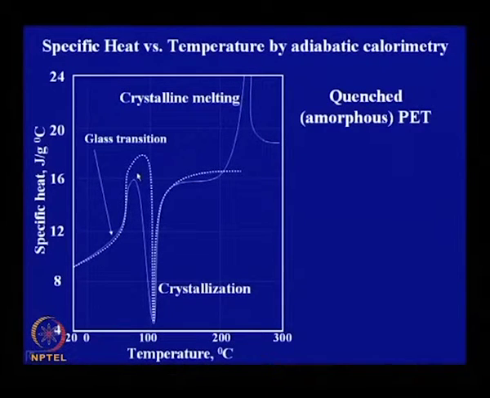Then gradually it undergoes a segmental movement, which helps the crystallization or molecular ordering within the system. So, it shows crystallization temperature also, and beyond the crystallization temperature, if the temperature is further increased, then it melts, showing the melting transition. And beyond melting, again you can have certain inflection due to degradation, and those things can be very clear if one